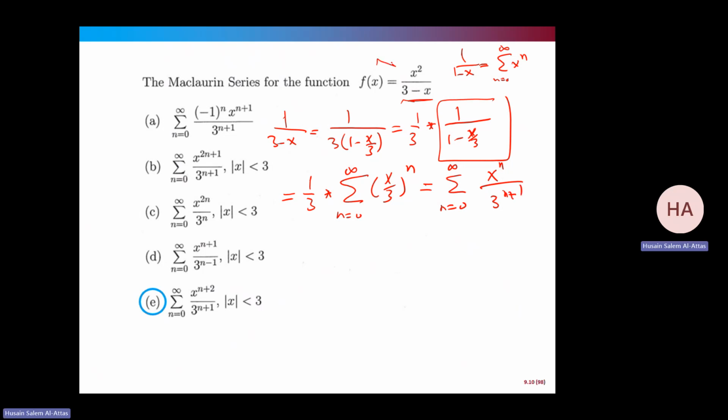Now I need to multiply by x squared. What I did is 1 over 3 minus x. Now for x squared over 3 minus x, I just multiply x to the power n by x squared. So I add 2: x to the power n plus 2 over 3 to the power n plus 1, which is